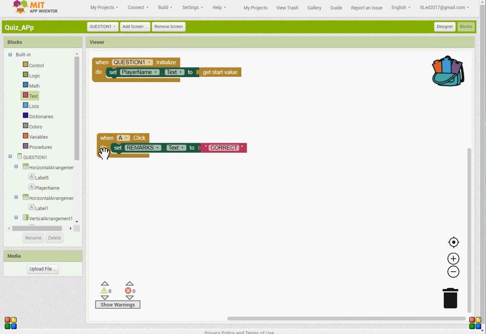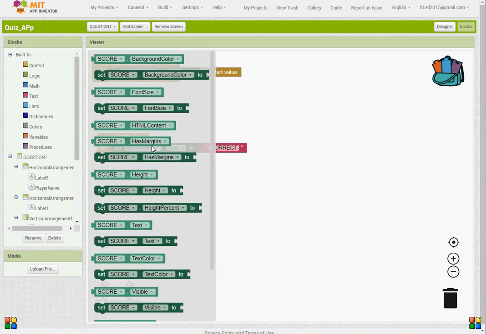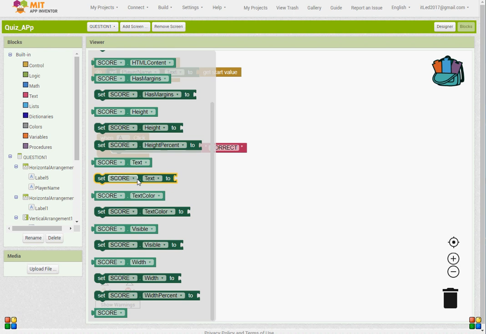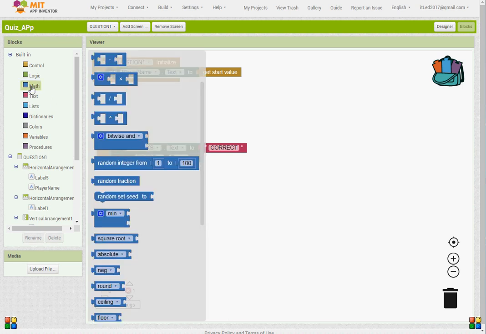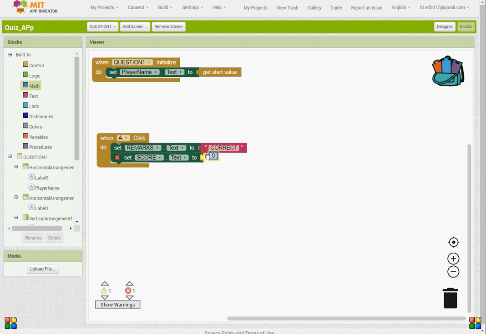So next after this is the score. Same, we need the text set for the text. Since score is a number, we need to get on math, get the 0 here, and we're going to place here 1. Since this is the first question, there's no other way we can get an answer, so we're not going to add something here, just set the number into 1. The next here as well, that